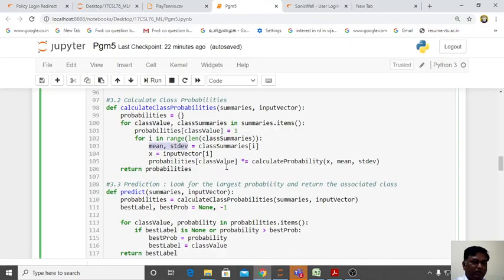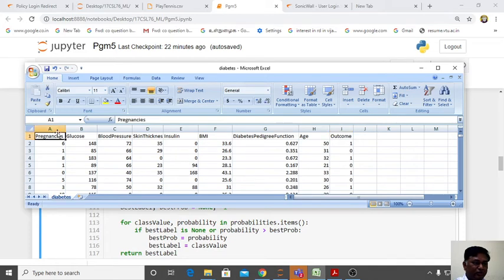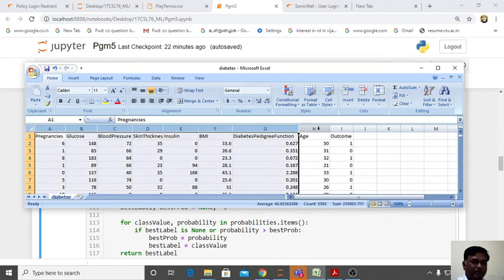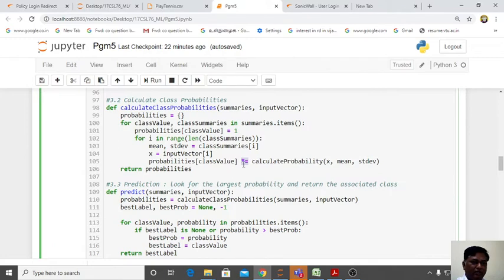So for your unknown test data, this is your x value, that one row is passed here. We are calculating the probability. It is multiplying, right? So first you have to take the probability of your first attribute, multiplied by the second attribute's probability, third attribute's probability. So all these 8 variables' probabilities are multiplied. Okay. So one by one it calculates all and multiplies.